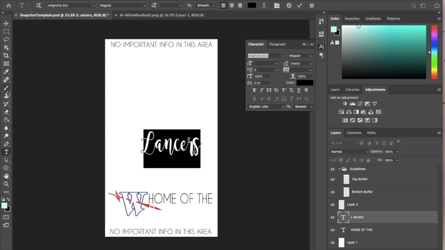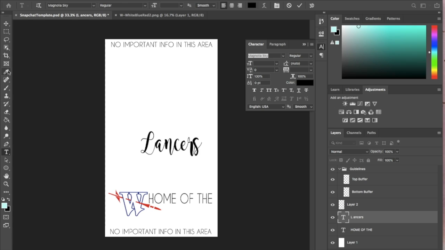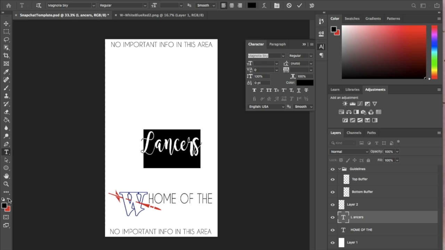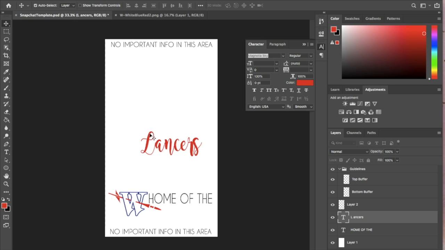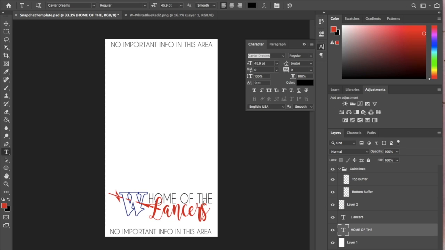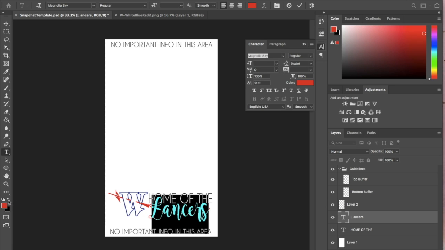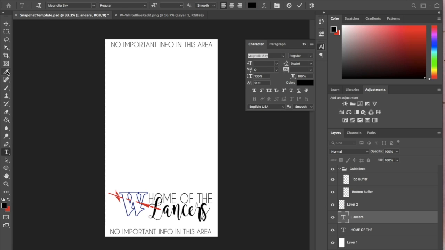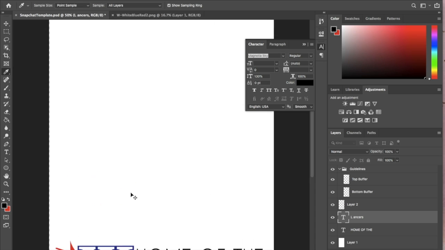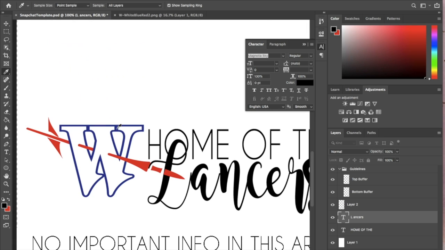So what I'm going to do is grab my eyedropper tool, and I'm going to grab that red, and then I'm going to highlight and toggle my arrows, and you can see that that is now red. And I'm going to change home of the to be blue, and maybe that needs to be reversed. Maybe it will look better the other way, but I'm just trying something out first. So I'm zooming in, selecting that, and then